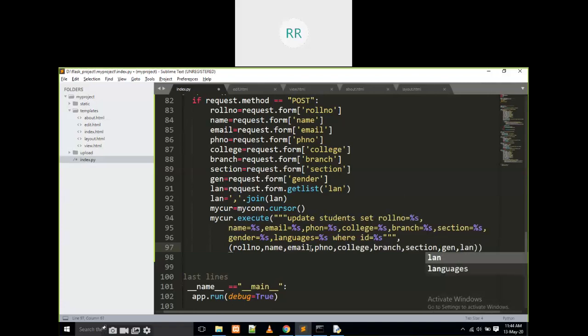That's it. But I am going to write this ID is equal to percentages.